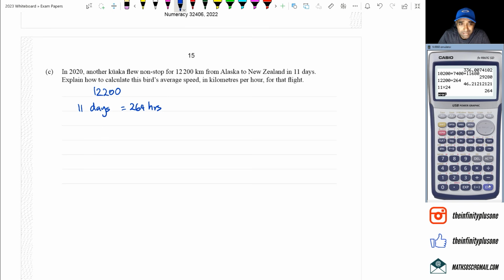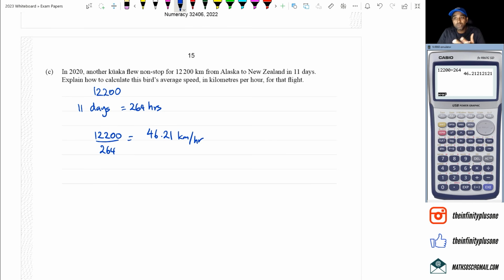So if we want to find the average speed, I would go 12,200 divided by 264, which I did earlier, but I'm going to do it again. Which gives me roughly 46.21 kilometers per hour. Now, this was originally my answer, right? This is what I did. But when I checked the answer schedule,